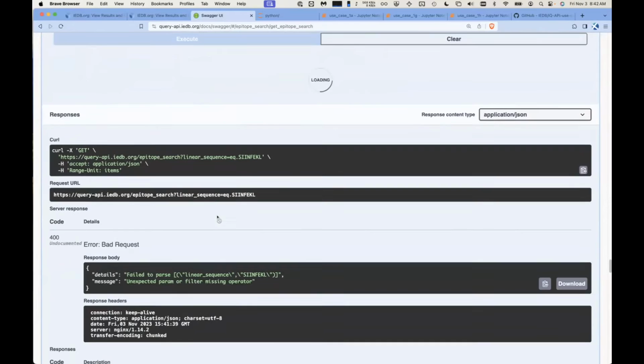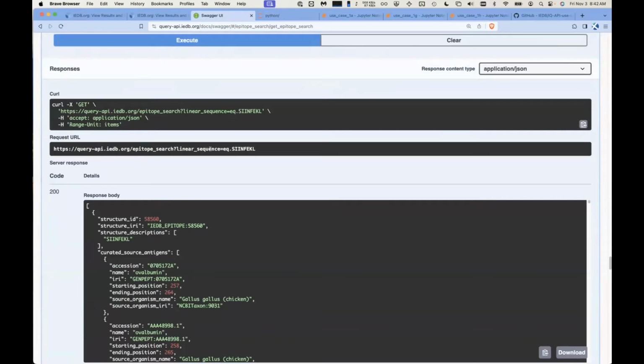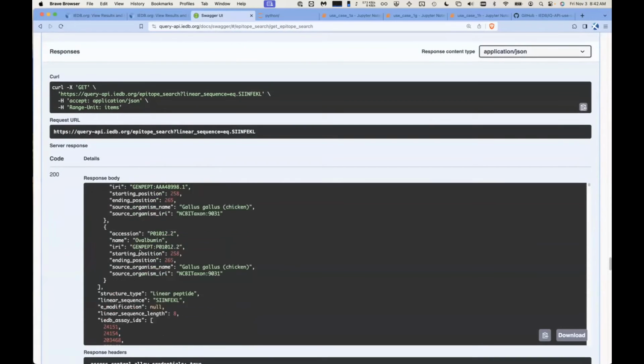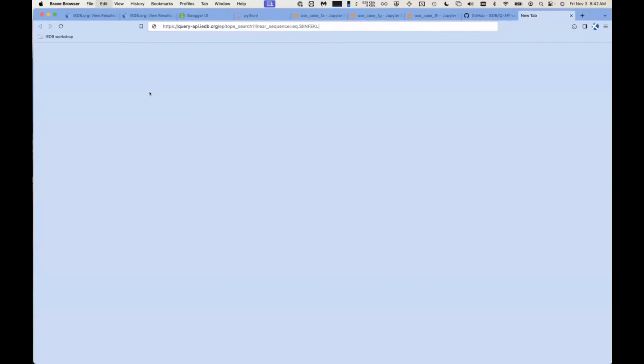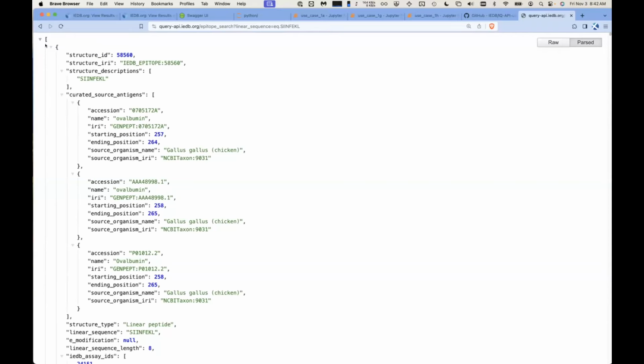Execute. And so it shows us again the URL that it's hitting, and now this is the response. So we can also just take that URL and put it in a new tab and hit enter, and you can see it gives us this JSON response with those 3 items. Again, if we want to